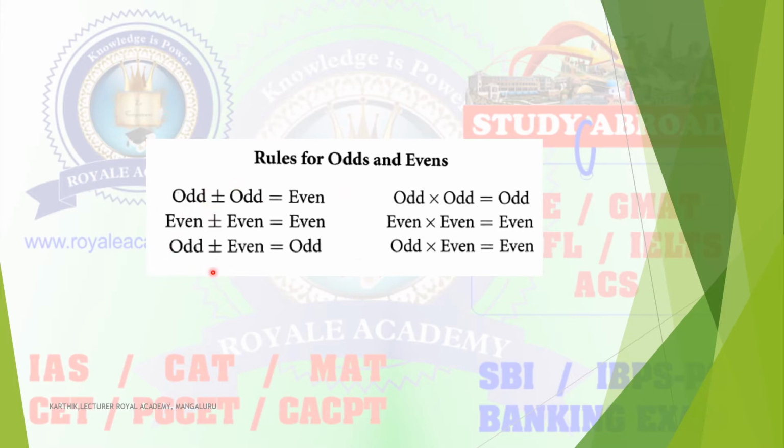You can see that here odd plus even is always odd, odd minus even is always odd. Here odd into odd is always odd. You just remember these formulas for further problems. This is required for number system, number properties problems. So just remember, in subtraction and addition, odd plus even is always odd and odd minus even is always odd. Next, in the product rules, odd into odd is always odd only, and the remaining are even.